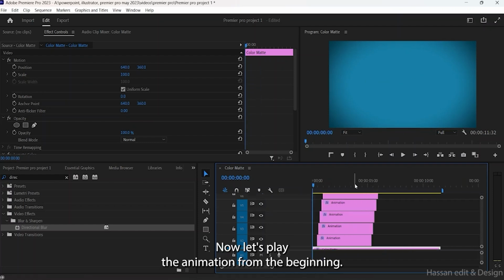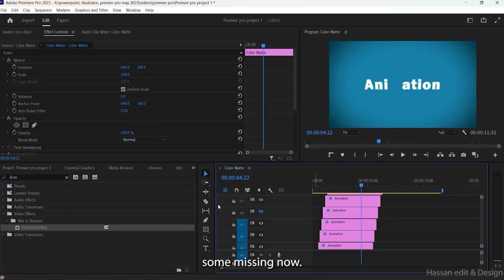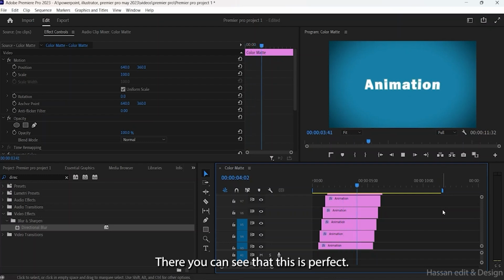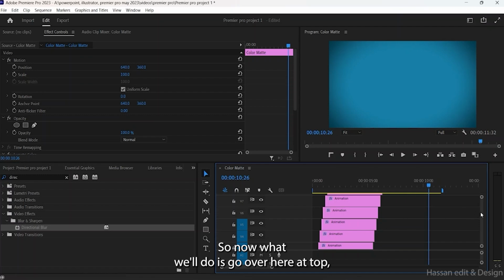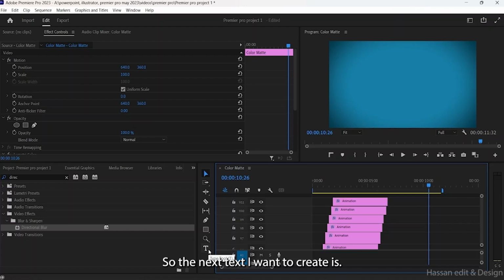Now let's play the animation from the beginning. Okay, there seems to be something missing. No, I did it correctly, so let's do it again. There, you can see that this is perfect, and then later on it just goes off. So now what we'll do is go over here, at the top, and create another text using our type tool. So the next text I want to create is,